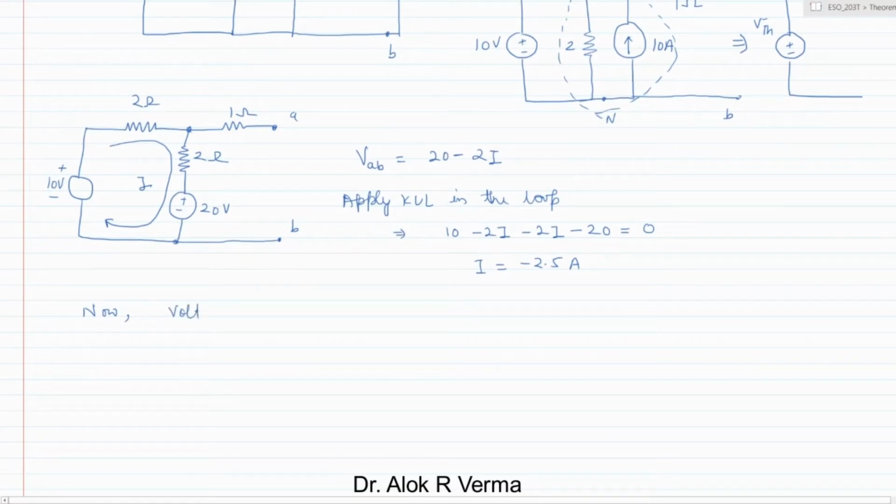So the open circuit voltage VAB between the terminals A and B is nothing but 20, and this drop will be here in this volt, so here it will be plus, because this is going to be the drop which has to be added between the two terminals. So there is a 20 volt, then this drop will be added to make this voltage, so it will be 20 minus 2.5 into 2, which is nothing but 15 volt. So the open circuit voltage is nothing but the 15 volt,